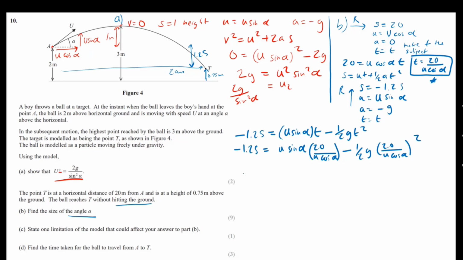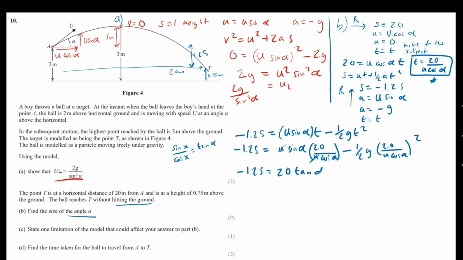Now, this is when you're year 2 pure. Once you finish that, it will help you a lot. If you can see u sine alpha over cos alpha, I'm just going to write sine x over cos x. We know that equals tan x. All right. So that's going to just cancel out to 20 tan x, simply because u divided by u here will cancel out. So that becomes 20 tan,